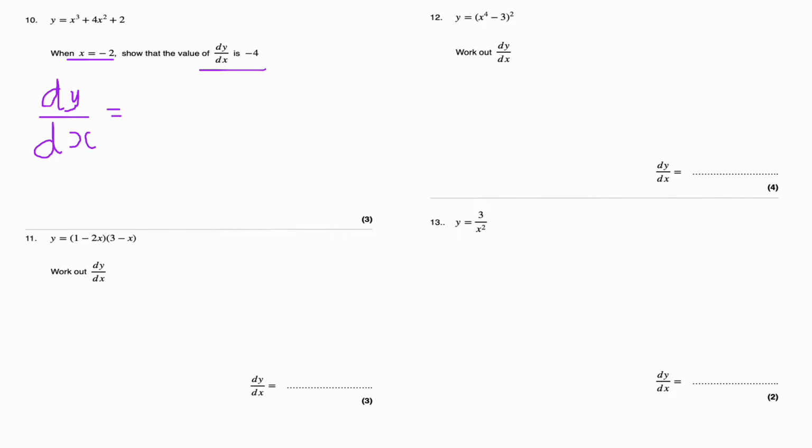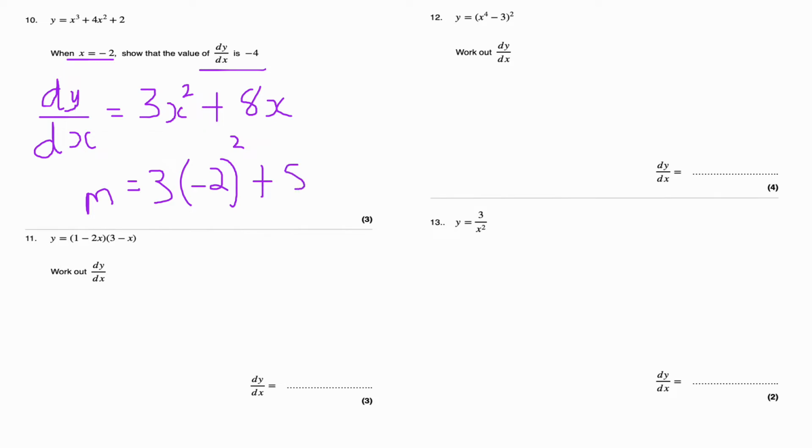Okay, I'm going to get 3x squared plus 8x. Substituting x equals minus 2 into here, I'm going to get 3 lots of (minus 2) squared. Just subbing it in and being very careful with it. I'm putting it in brackets just to make it clear about my substitution, in case I'm going to enter this into a calculator straight away, and you want to check the